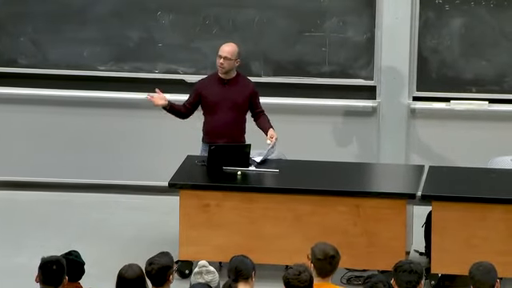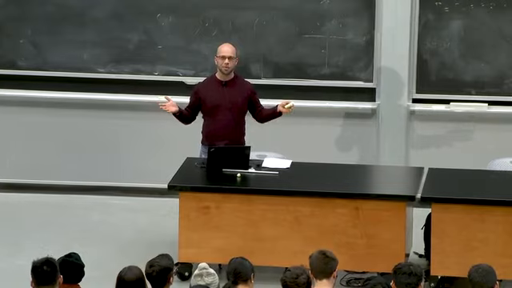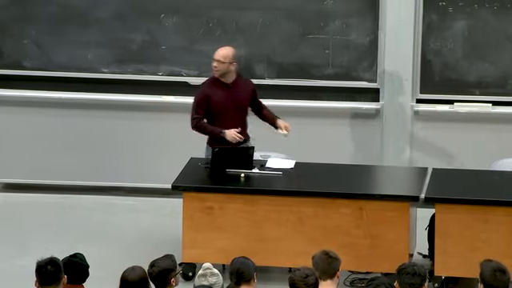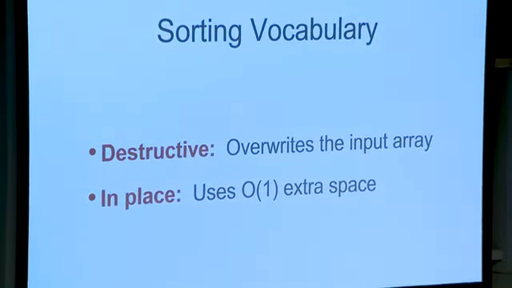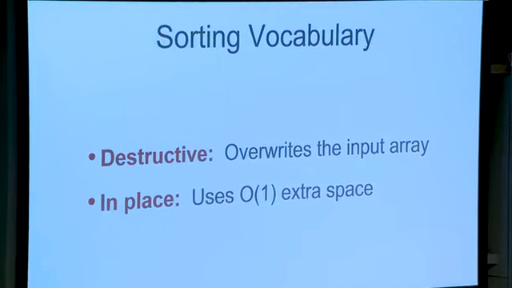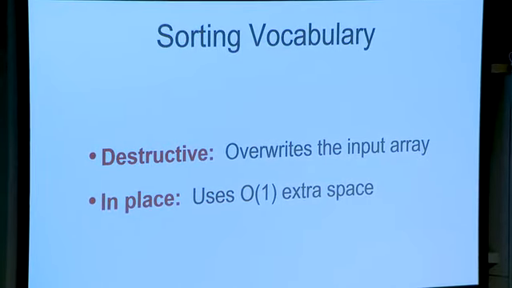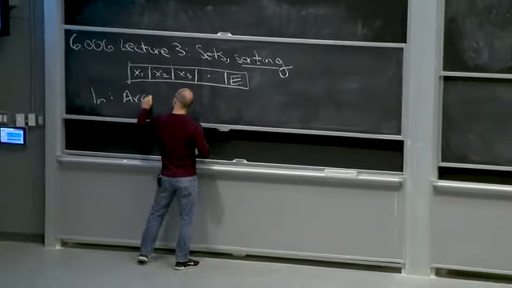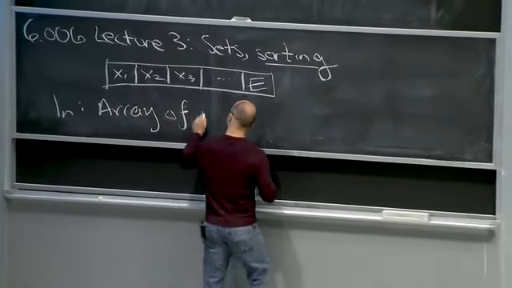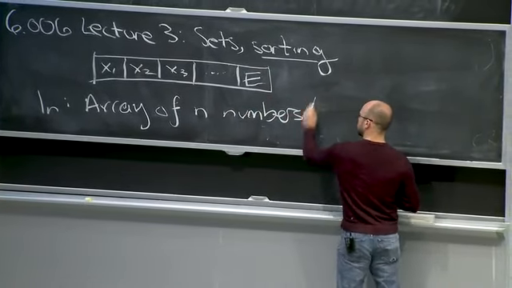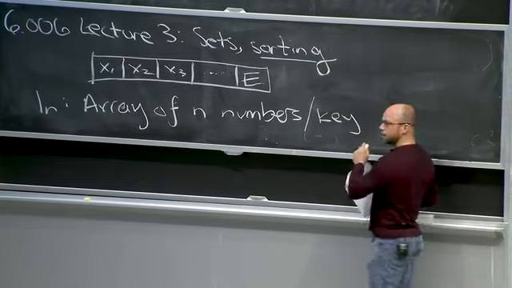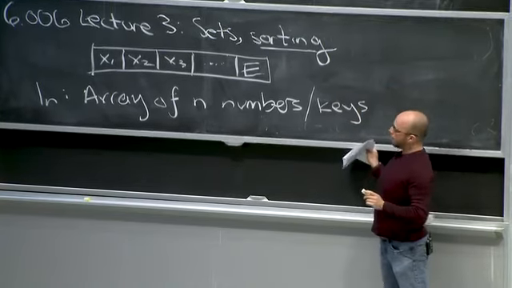Okay. So hopefully I have ad nauseam justified why one might want to sort things. And indeed, there are a couple of vocabulary words that are worth noting. Remember that your sorting algorithm is pretty straightforward in terms of how you specify it. So in sorting, your input is an array of n numbers. I suppose really we should think of them as keys. It's not going to matter a whole lot. And our output,